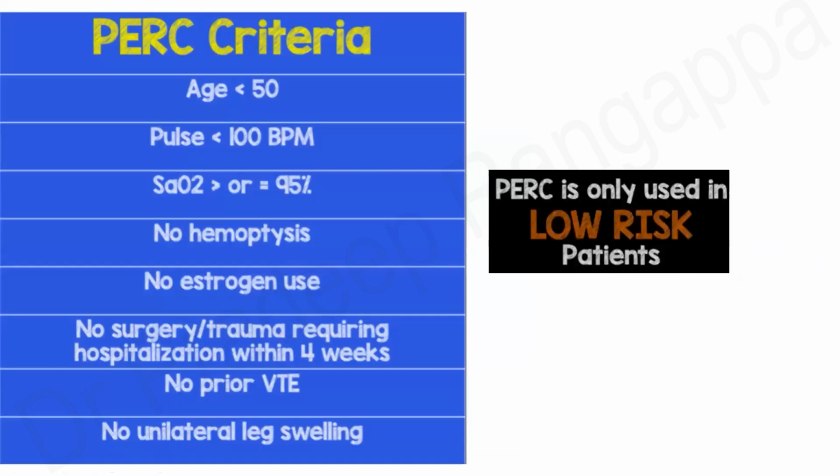This is for low risk. This is again to identify patients who are at a very low risk of developing PE, who otherwise would not need thromboprophylaxis. This is used for patients where the prevalence is less than 15%, where the occurrence of venous thromboembolism would be less than 15%. In those patients, this PERC criteria can be applied, where basically it identifies patients in the lower risk group: age less than 50, no hemoptysis, no estrogen. So it's basically a rule-out criteria.